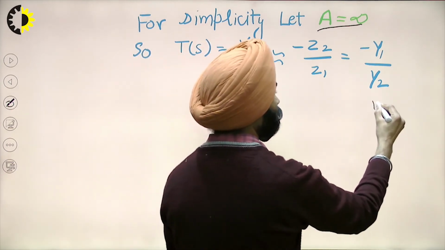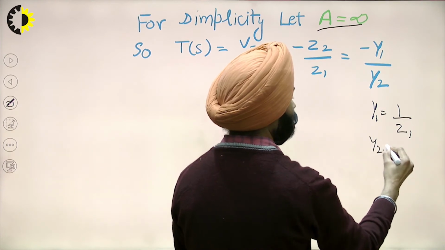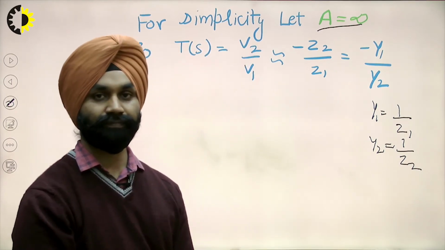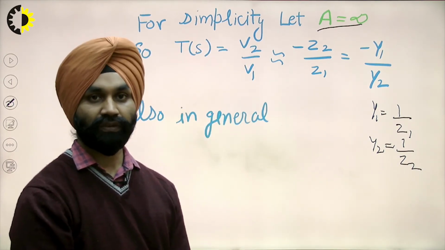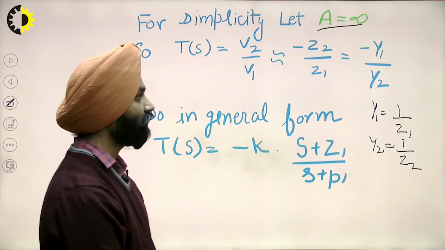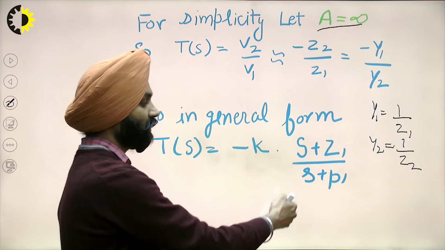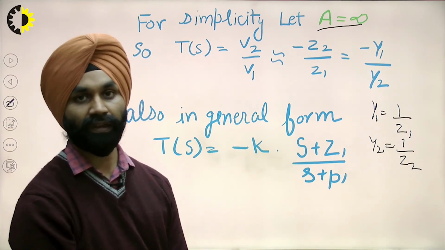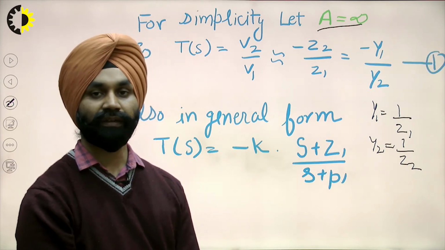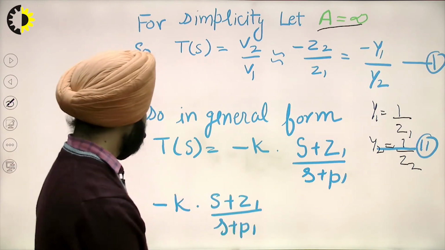where Y1 is equal to 1 by Z1 and Y2 is equal to 1 by Z2. Also, in the general form, T(s) can be given by the equation that we have seen in the previous slides, that is minus K into (s plus zeros) upon (s plus poles), where Z1 are the zeros and P1 are the poles. So now we equate the first and the second equation,